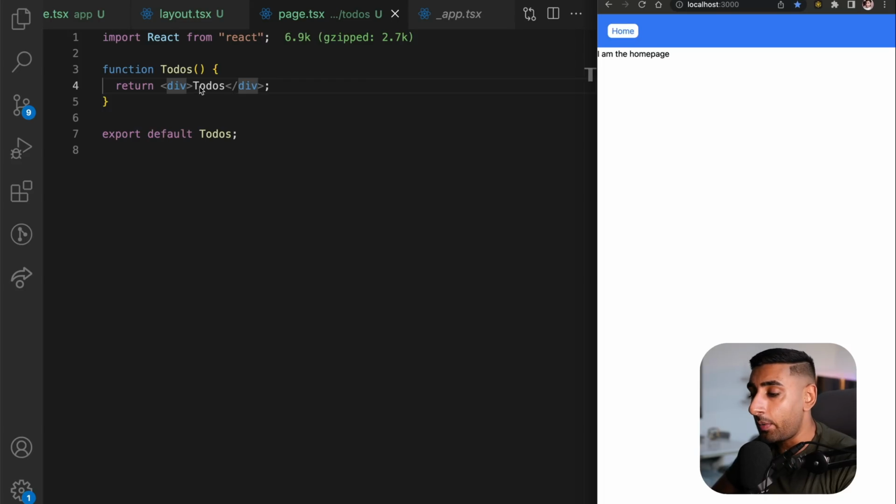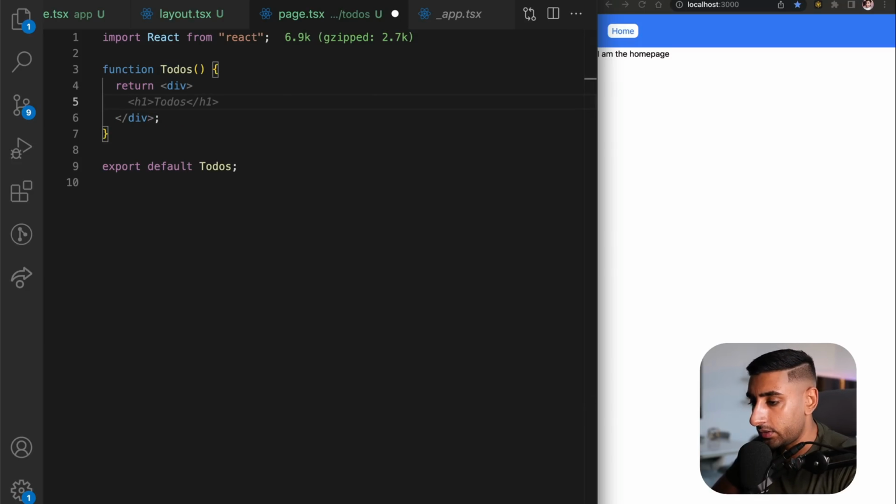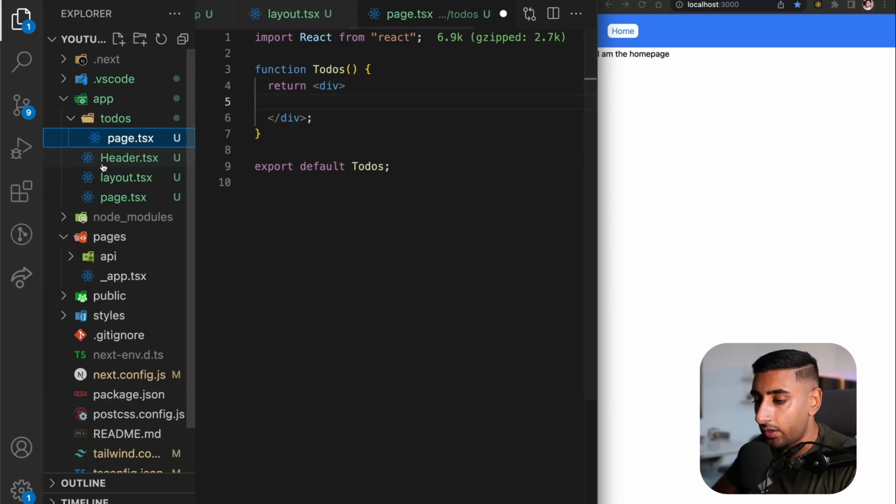So next up, I want to create a list of the to-dos that can be listed out on the page. So what I'm going to do is create a handy little to-dos list component, which will render out all of the to-dos onto my page like so. So I'm going to actually use our current file directory. And what's nice about this directory is we can actually keep our components next to the level at which they're